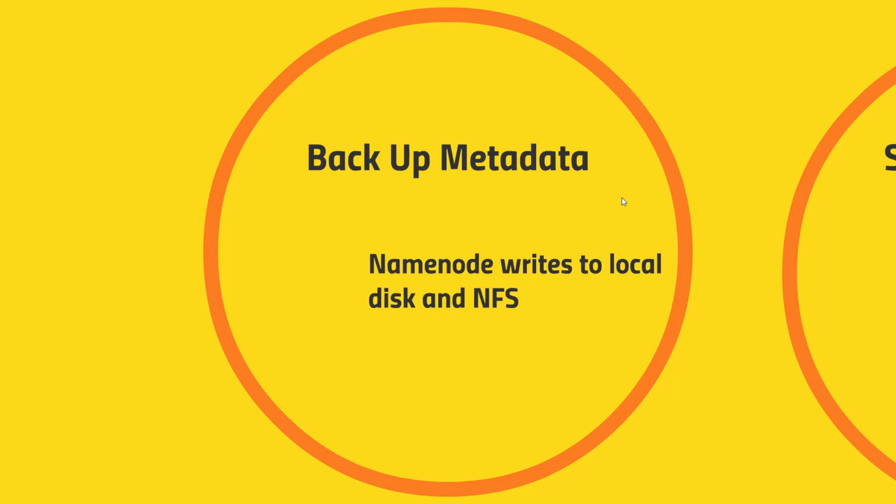So when you bring up a new name node, you can bootstrap it using an edit log that you already had. Now, there will be some lag between actually writing out that backup data, so you will lose some information, but at least you'll have something to start from if that happens. So if you can tolerate some downtime in the event of a name node failure, that's probably the simplest way